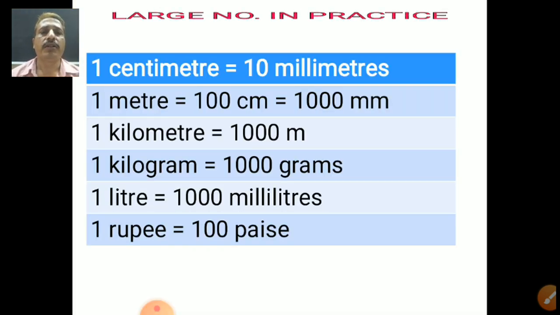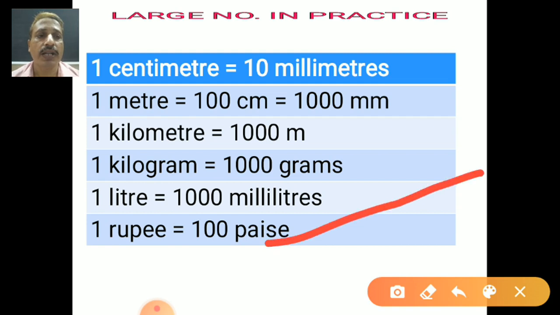Here is some information for this exercise. Students, I think you all are having a compass box. Yes, all are having. Okay, some are not having. But in the compass box, one very good instrument is with you. That is, I am drawing. You can just tell me what is the shape of this instrument and where do you use these things.